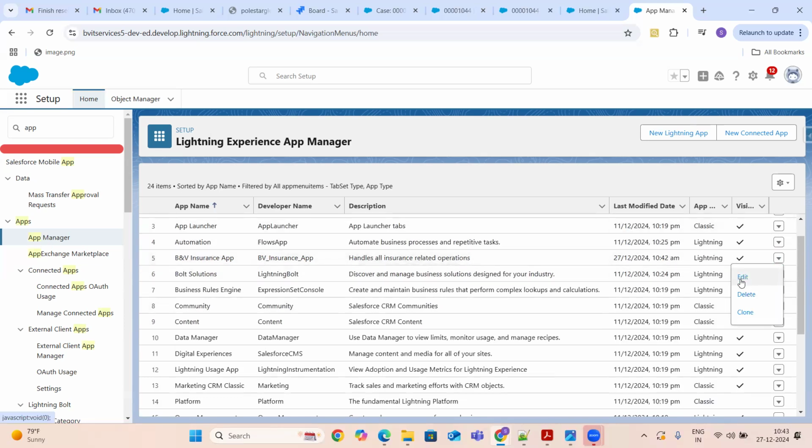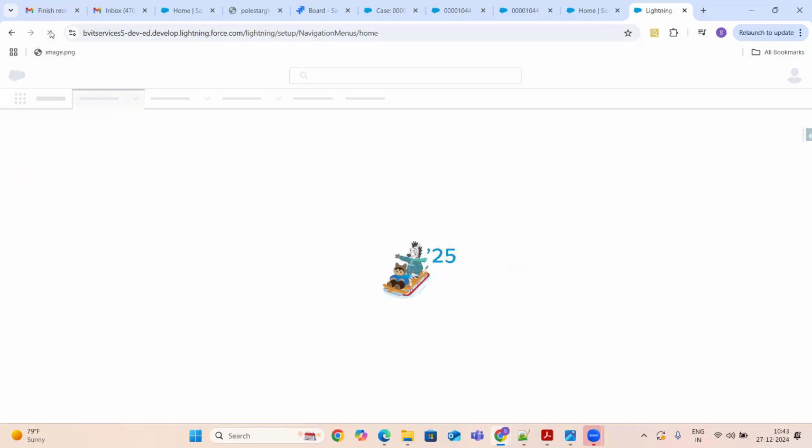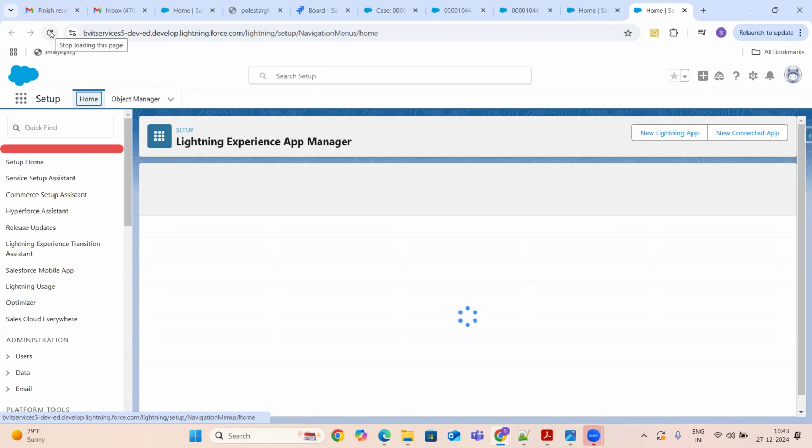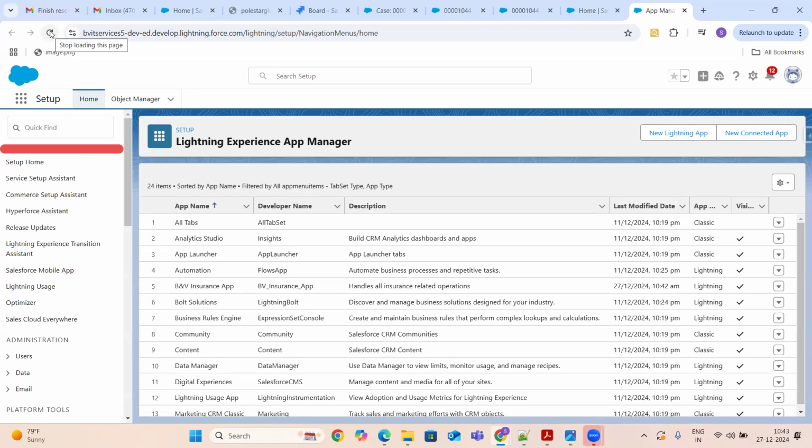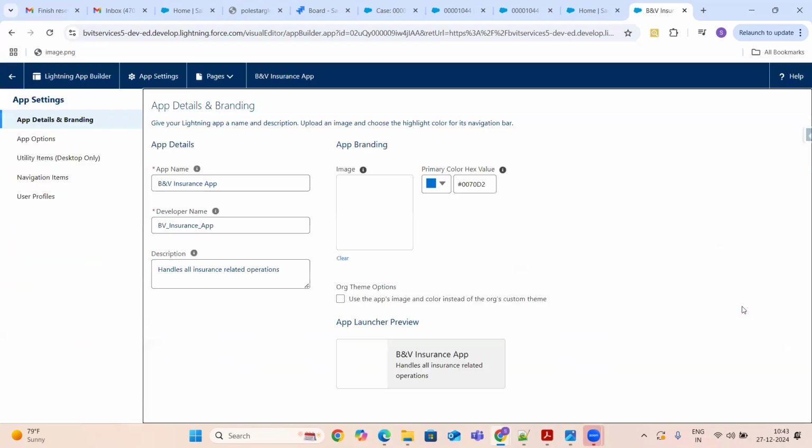If I want to edit it, I can edit. Let me refresh it once, guys. Basically, when I click on edit, it will just open up the same app manager again.